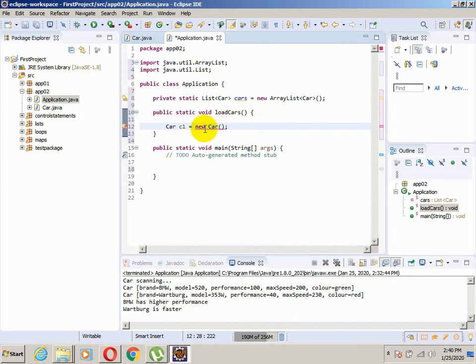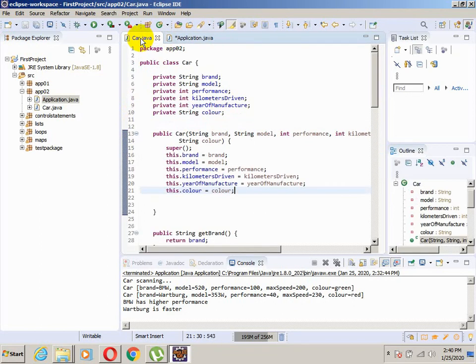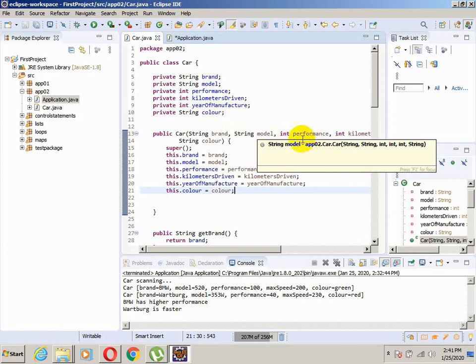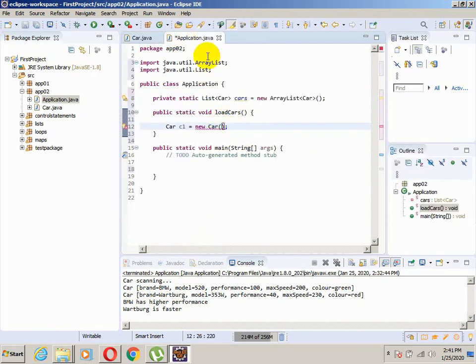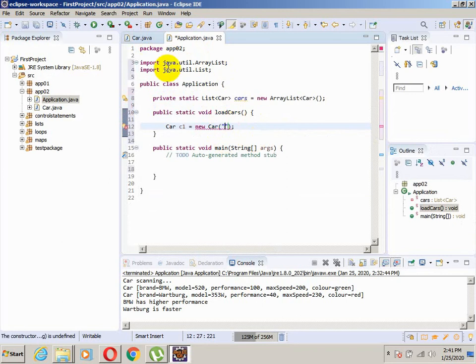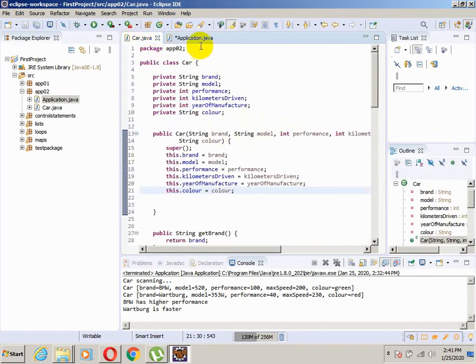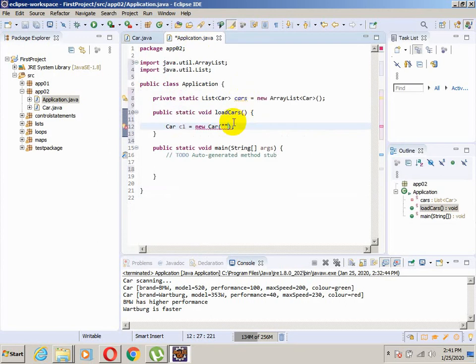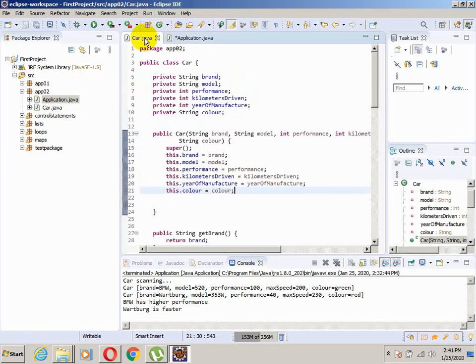but as you can see, now we have an error because of the constructor. Now I will explain the constructor better. Inside the brackets we need to put the values of all the fields that we have in our constructor: brand, model, performance. The first field is brand, which is a string, and we will type Fiat, and we need to separate with a comma,